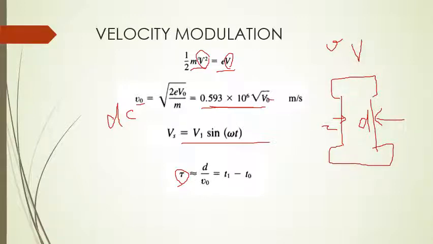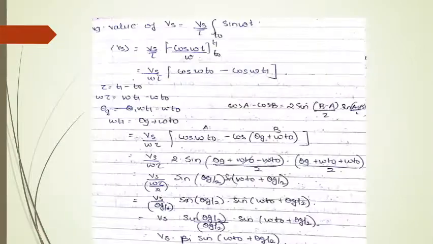What is capital V naught? Capital V naught is nothing but the cathode voltage. We also call it the DC accelerating voltage, nothing but the voltage at the cathode. Now we know that kinetic energy is equal to potential energy, so half mv square is equal to eV naught. So v is equal to square root of 2e by m V naught. This we have already seen in the last slide.